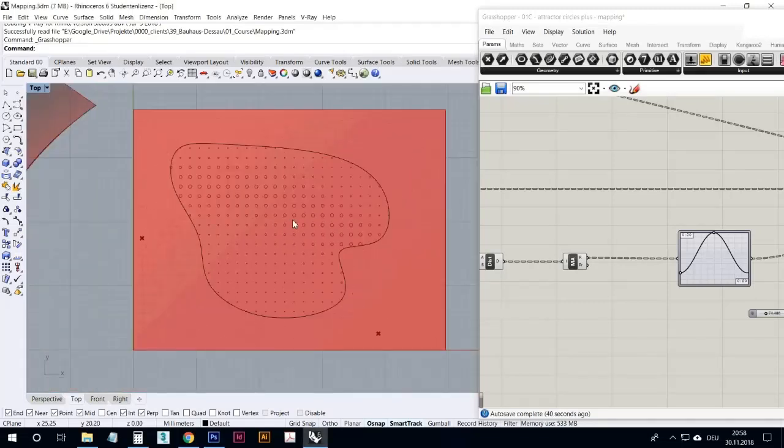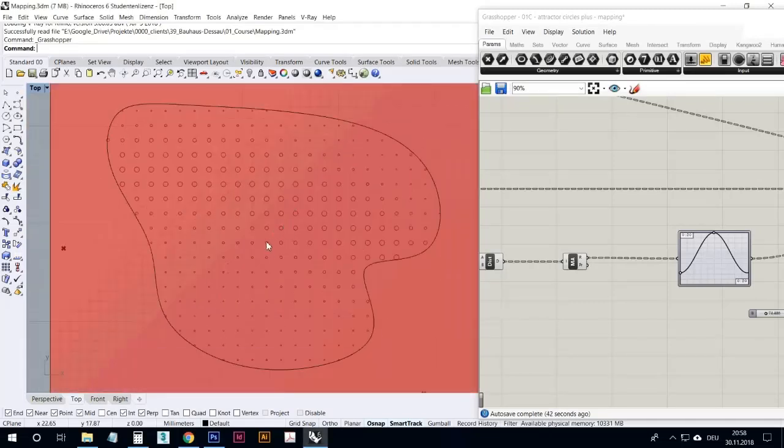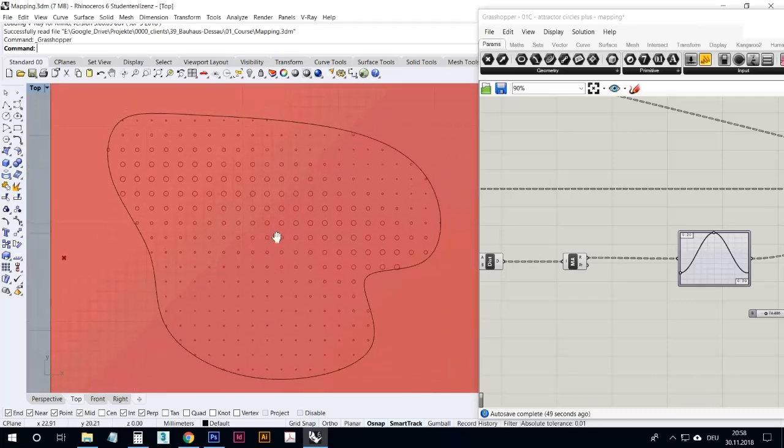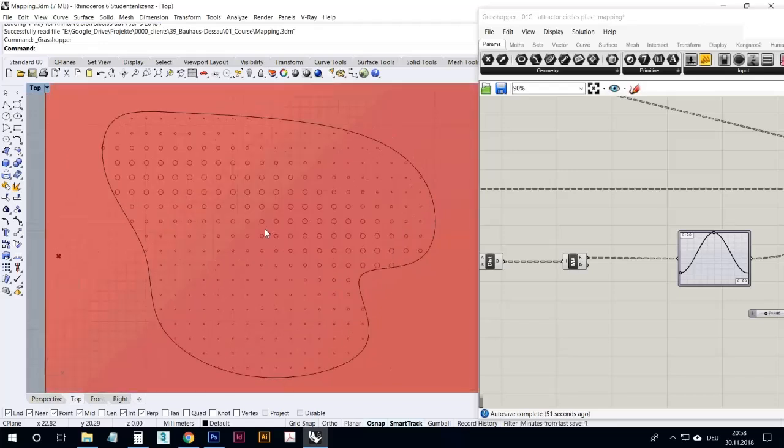So we're going to look at how to transfer a pattern, a 2D pattern, onto a 3D surface. Could be more or less any surface or any pattern, as long as there are curves. We're going to use something called map to surface. And